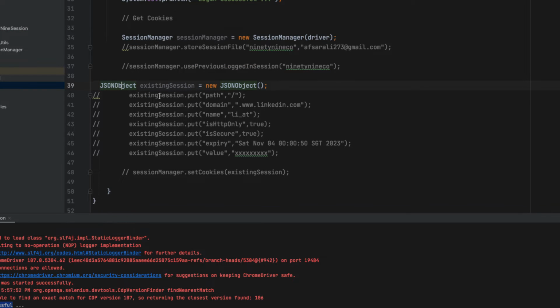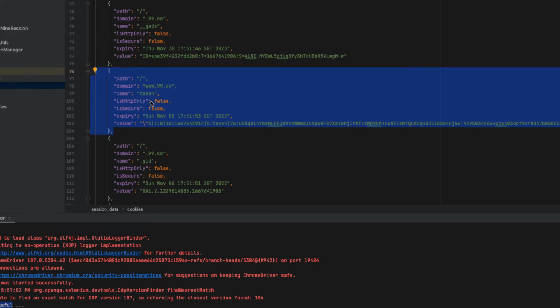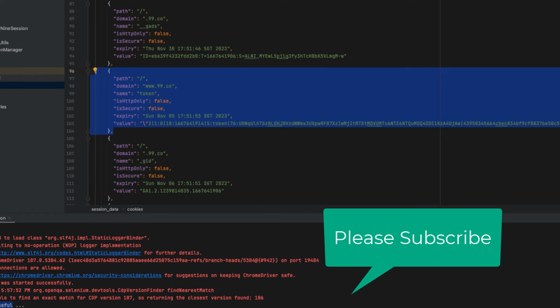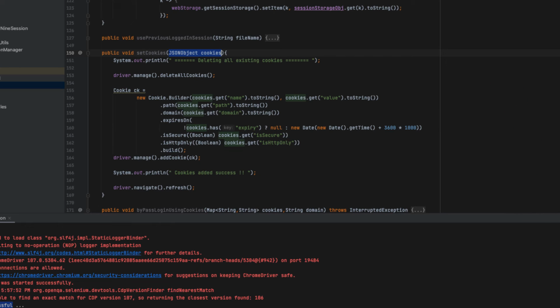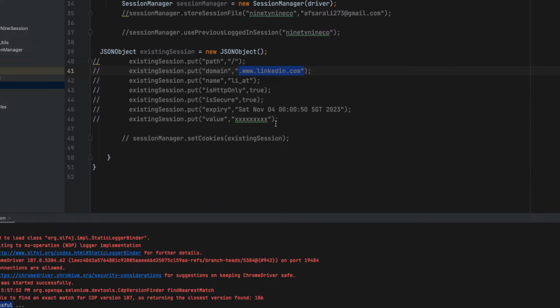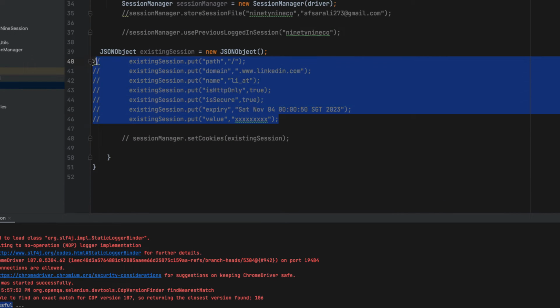Then, for the existing session, you get all the domain and everything from that JSON file from here, right? Whatever you can see, www.99co and token, whatever you can see over from here, you just copy paste into here. So once your JSON object is ready,